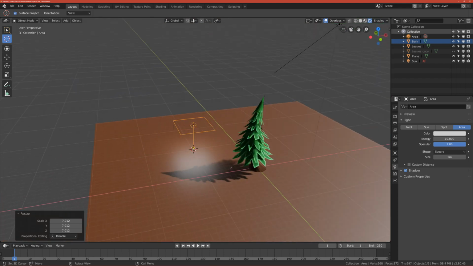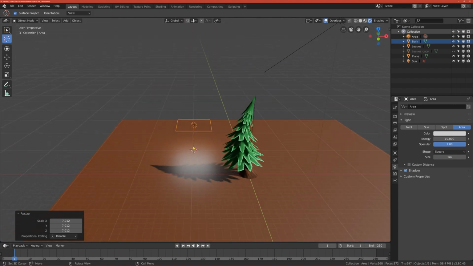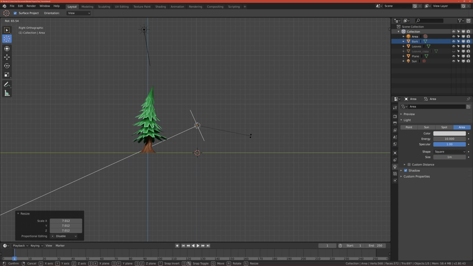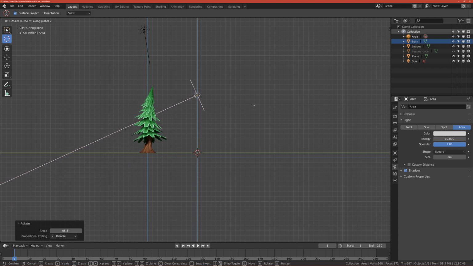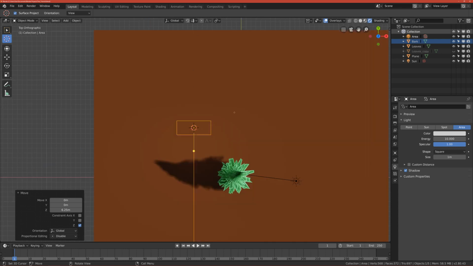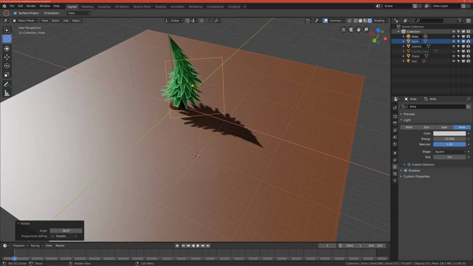And yeah, I will rotate it so it will hit the back of our model. So I move to right view and I rotate it around here. I move it more up. Now let's move to the top view, and I rotate it till the line hits the model. So now it should hit the model,